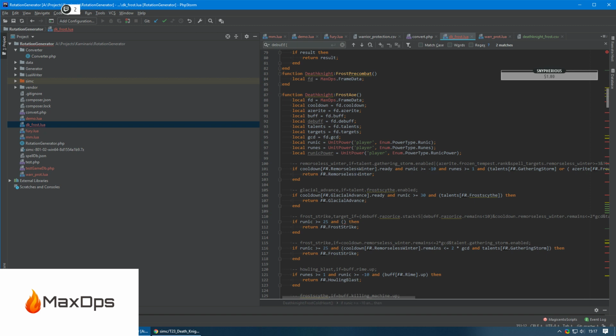Also, if you have one condition checking, it won't check other ones, because why would it? Plus it's also faster. I've checked, and MaxDps in combat